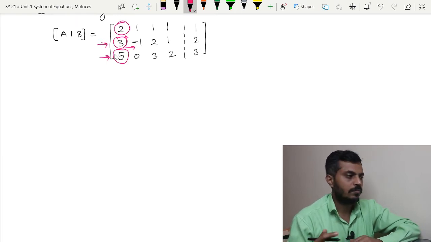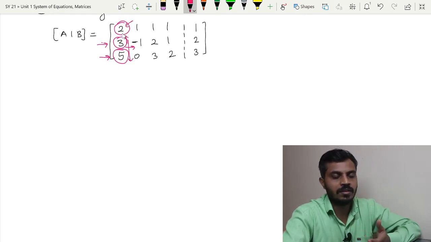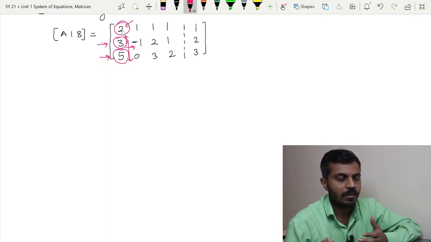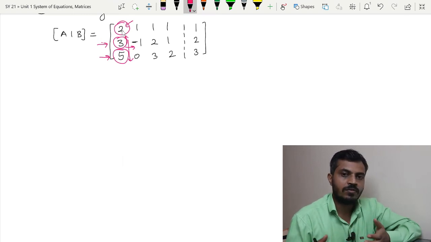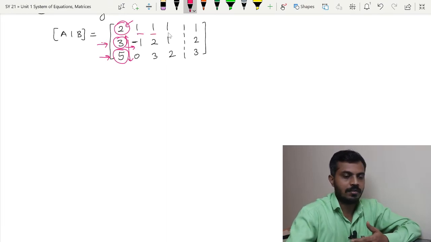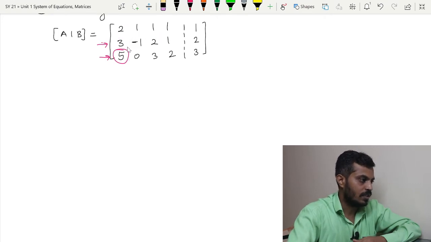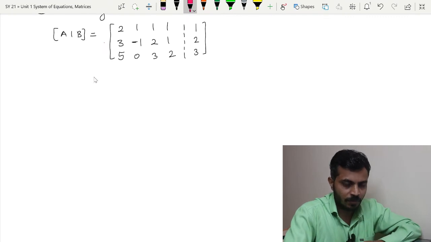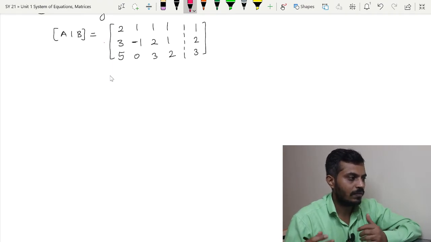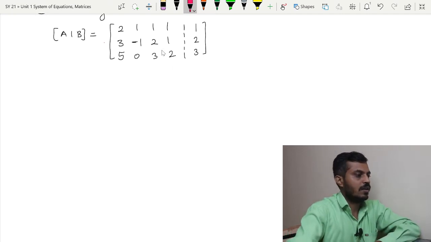So therefore we have to make this 3 and 5 0 by making the use of this first entry, that is 2, but we generally try to make that entry as 1 in order to simplify our calculations. So if we divide first row by 2, we will get half, right, in this and rest of the positions, but I don't want that. So how to bring 1 over there then? What is the easiest way? Did you spot it? Actually it is R2 minus R1. So I will perform R2 minus R1, then I will get 1 in picture and then I will swap the rows again. So first of all let me perform R2 minus R1.